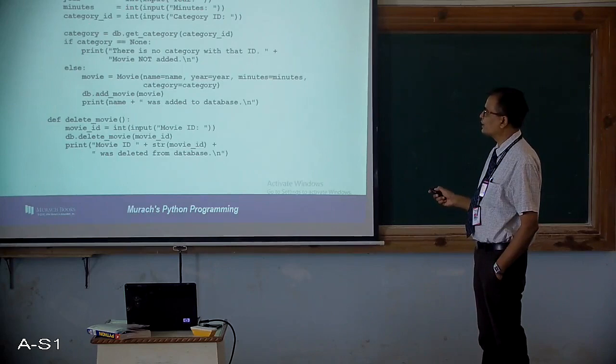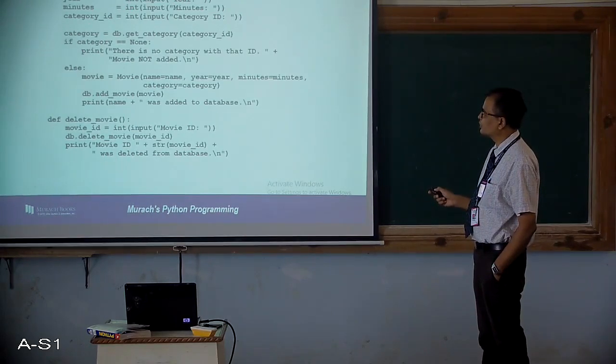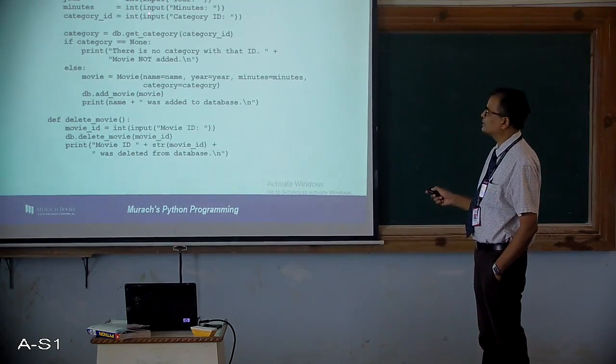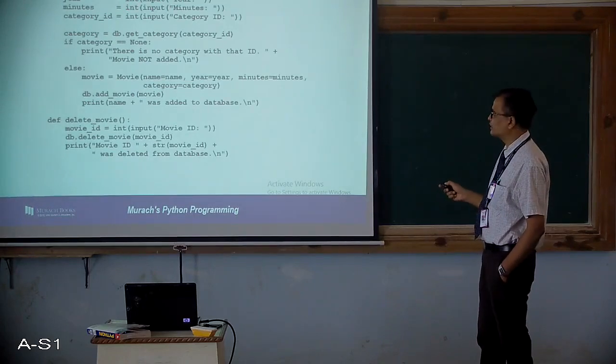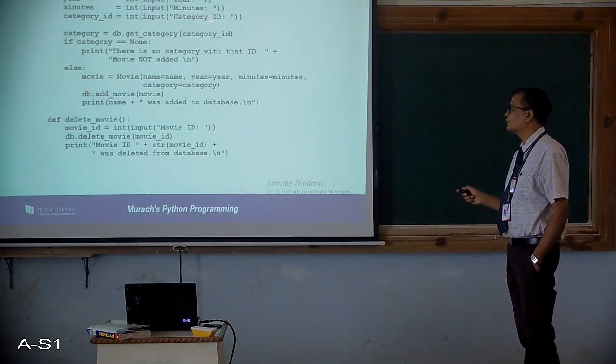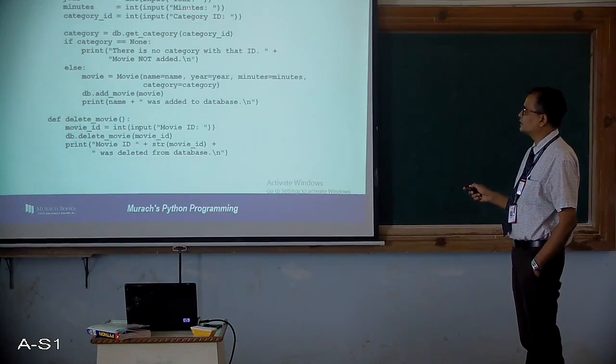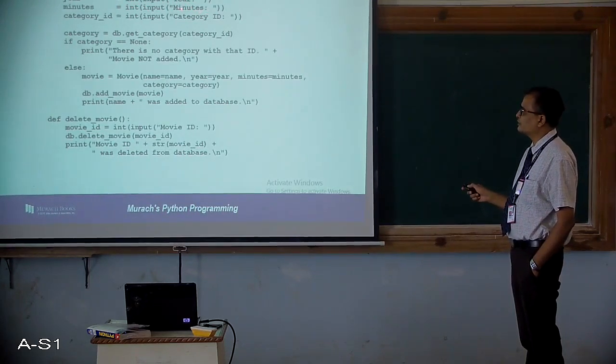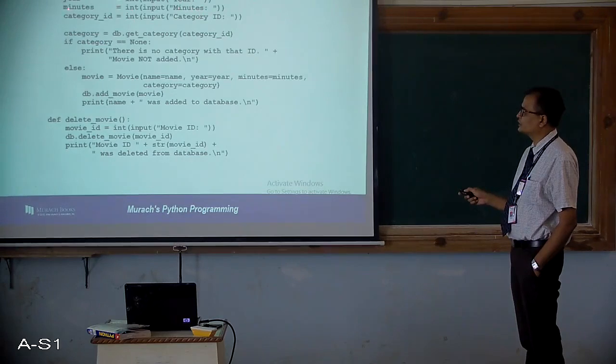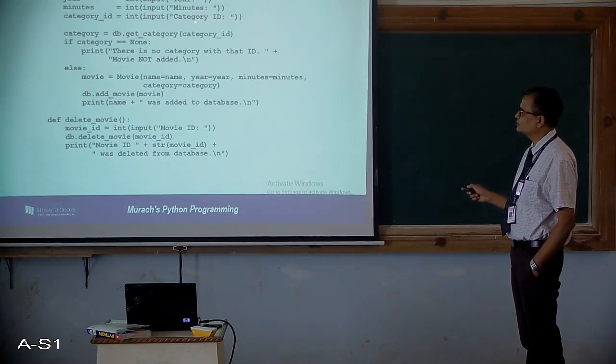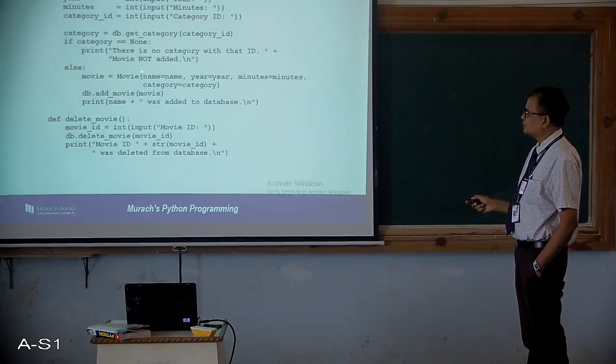So this is for adding a movie. So you can see name is equal to input name, you are reading a name, year is equal to input year, and year is an integer, so we are converting it to integer, because whatever is read will be read in a string format. Then integer minutes, right, we read minutes and then we convert it to integer, store it into minutes. Then category ID, category ID is again integer type, but it is read as a string and then it is converted to integer and it is stored. So this is how it happens.